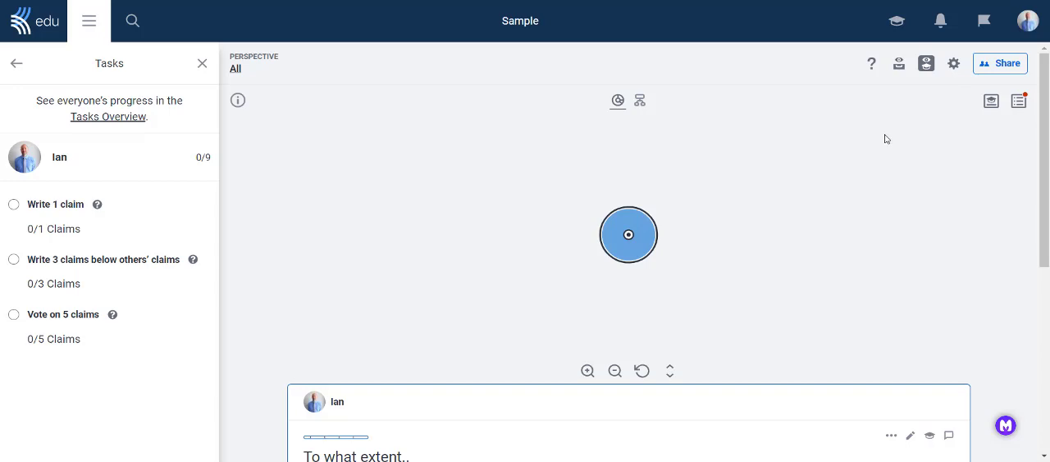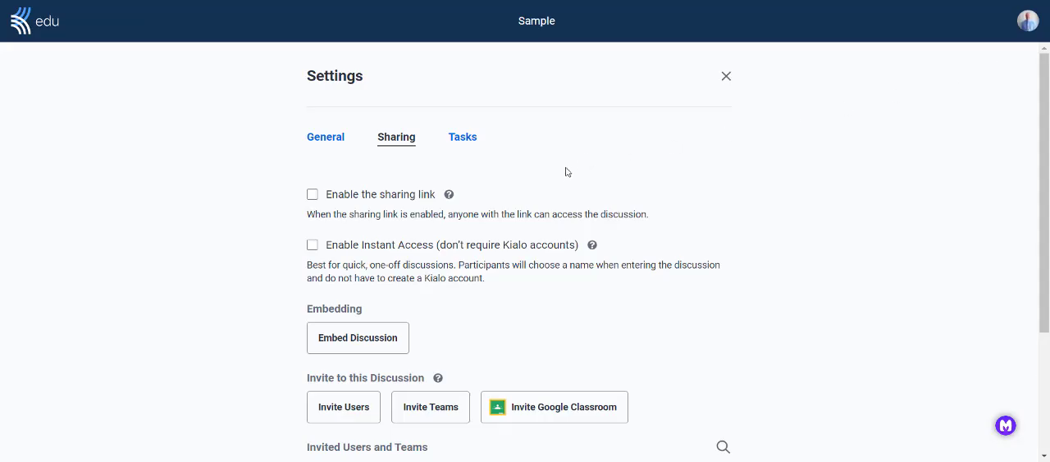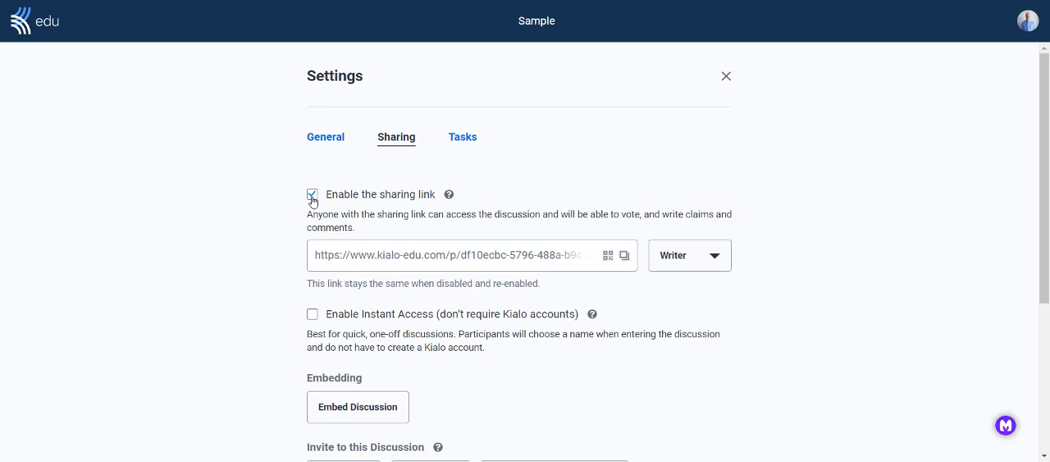And if you're inside your Kialo, you just go up to the share button. It will turn blue. And then from here, you just choose how you want to share it. It's really, really easy. If you just want to enable sharing the link, it will give you a link right here. You can just drop that into Canvas, either into an assignment or an announcement, however you want to do it. Just make sure you choose Writer so that students can add things to it, but they don't have the ability to edit